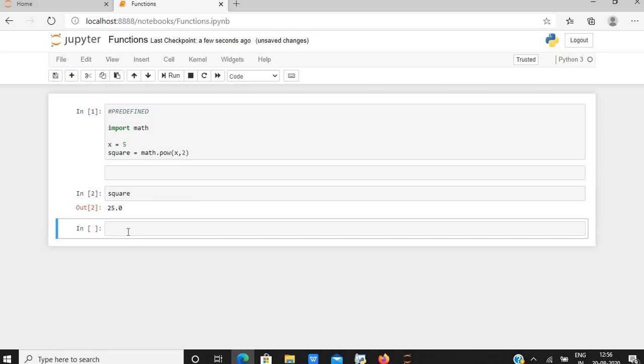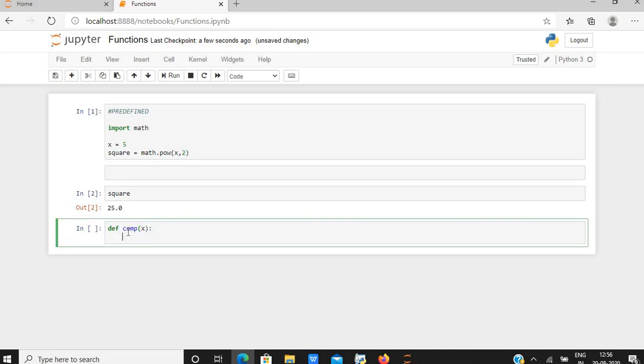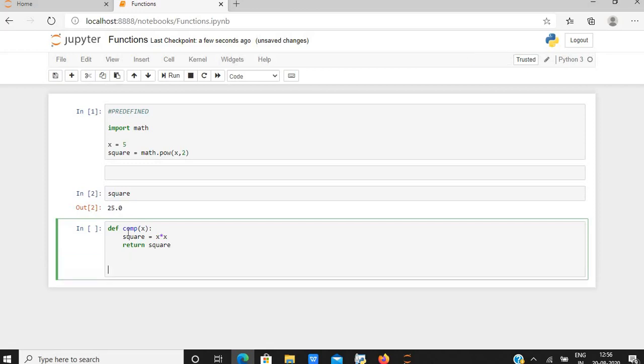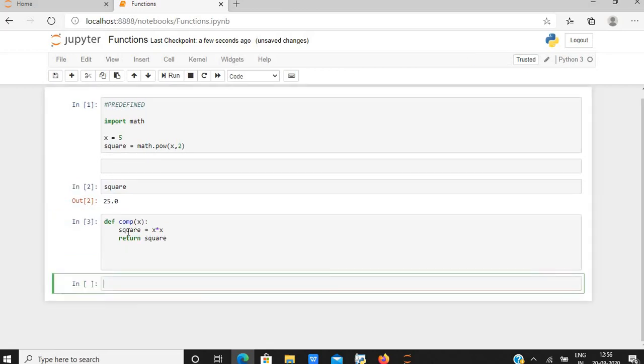Also, we can have a user-defined function. For example, taking the same square function, I take a function keyword def, that means define, comp(x): square is equal to x into x, return square. And here I'll give the value of the user.